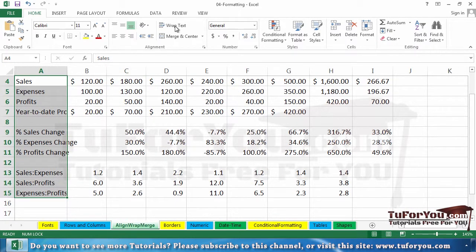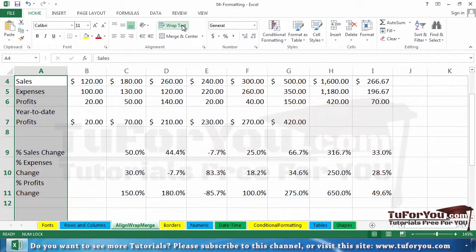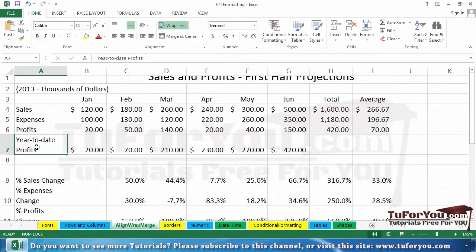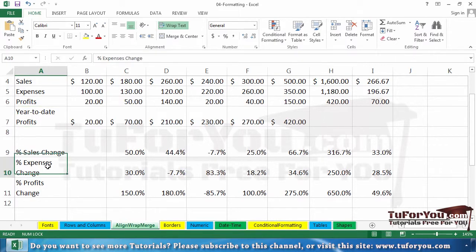By going to wrap text, what we're seeing here is wrap the text. In other words, if it won't fit across the column width, then put it in the same cell but underneath the data this way. I think in the example here, these aren't great choices, but do recognize this: